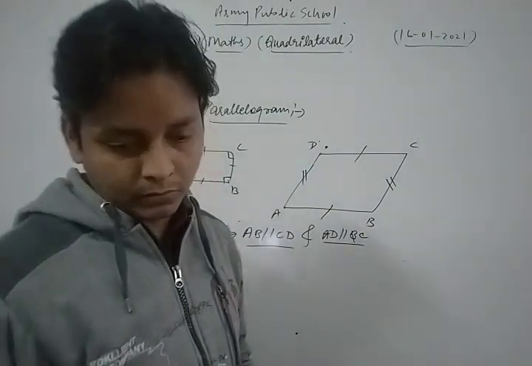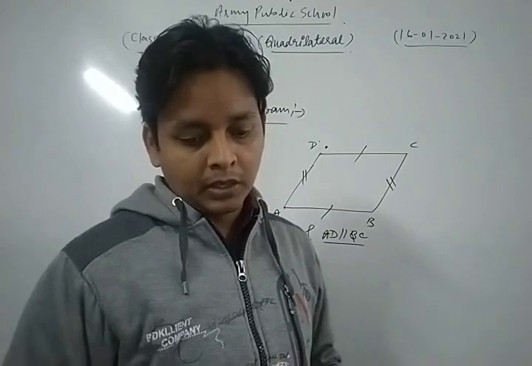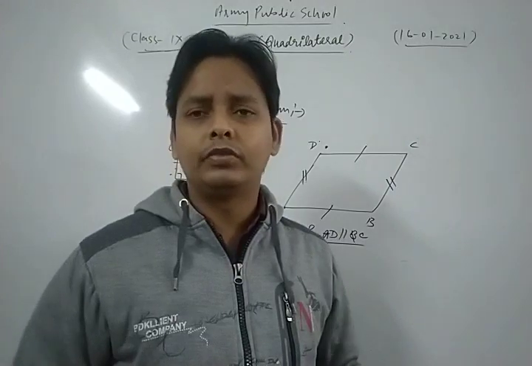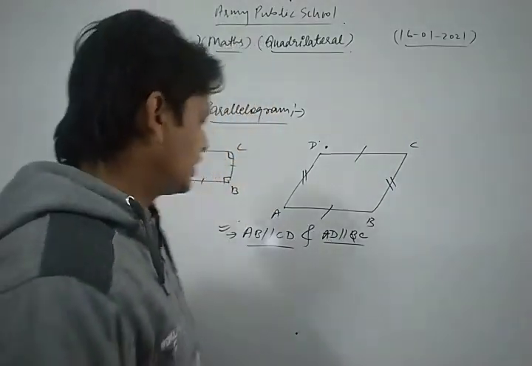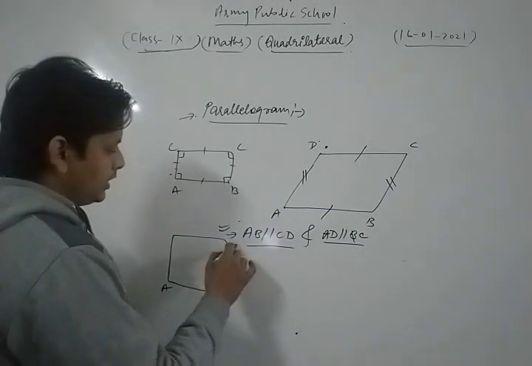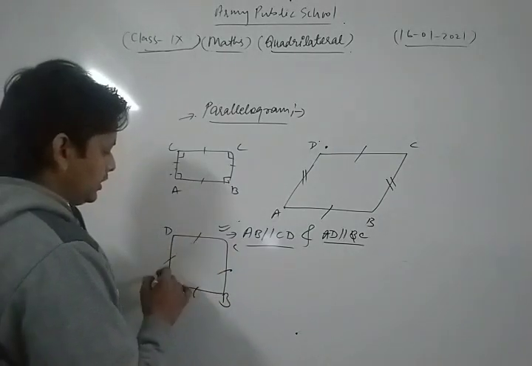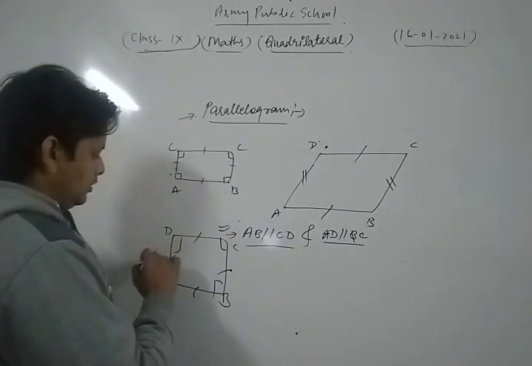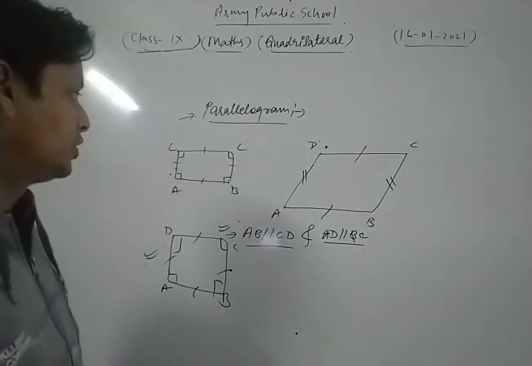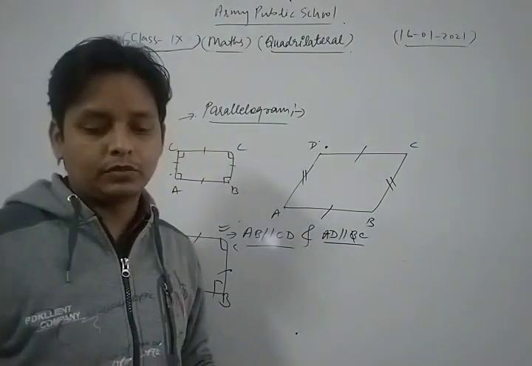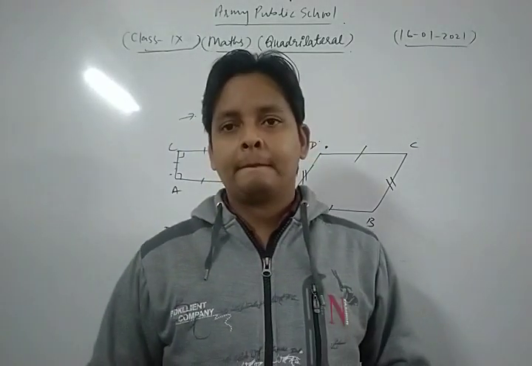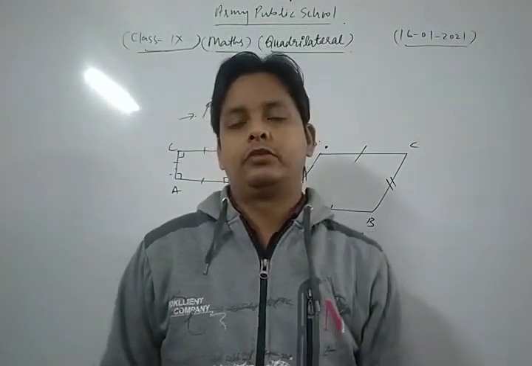Now the square. A square is a type of quadrilateral in which adjacent sides are perpendicular. All of its sides are equal to each other and each angle is equal to 90 degrees, in this way. This is a square in which all sides are equal to each other and each angle is 90 degrees. So this is the concept of a square, rectangle and parallelogram. In this way we clear the concept related to quadrilateral, various types of quadrilateral.